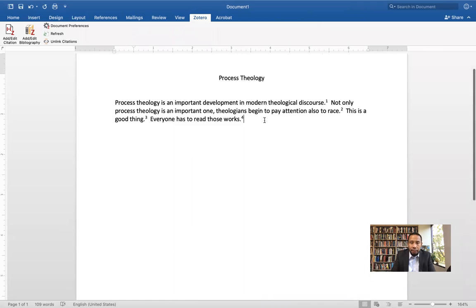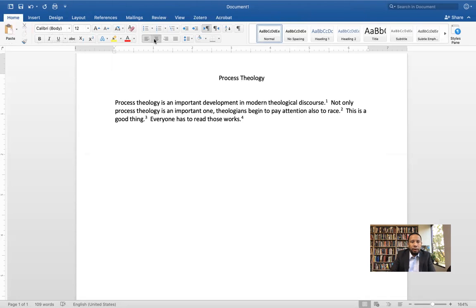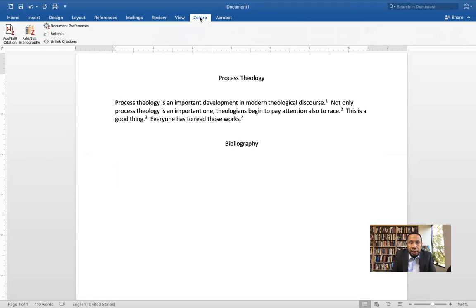And then if you want to create a bibliography after you write your paper, you're going to go here and click bibliography, right? And how do you list all the books, articles, and sources that you've used in that paper? You click that and you go back again to Zotero here. And then you click this, Add or Edit Bibliography. Click that. Once you click it,